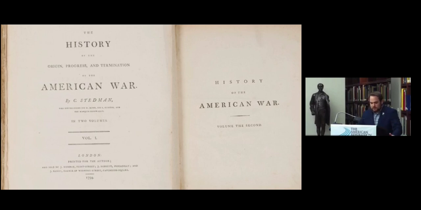Stedman's history shows that he was fully aware of the significance of the war and its global impact, as his detailed summary of the events throughout the 2 volumes not only includes events that transpired in North America, but also the events that occurred in other regions of the British Empire, such as the Caribbean and Gibraltar. According to Stedman's assessment of the war, it was the grandest effect of combination that has yet to be exhibited